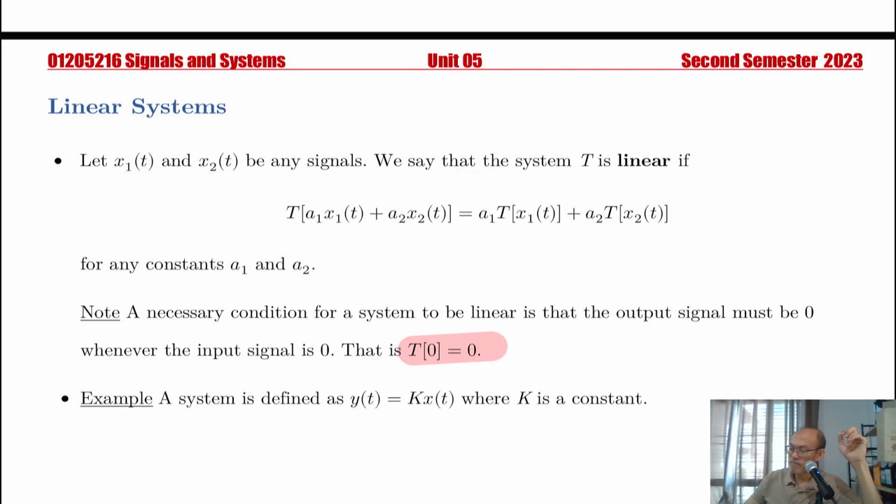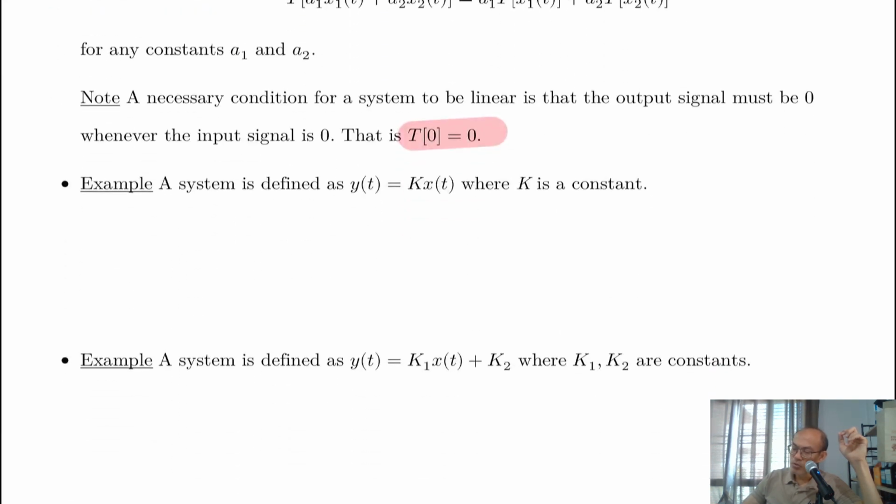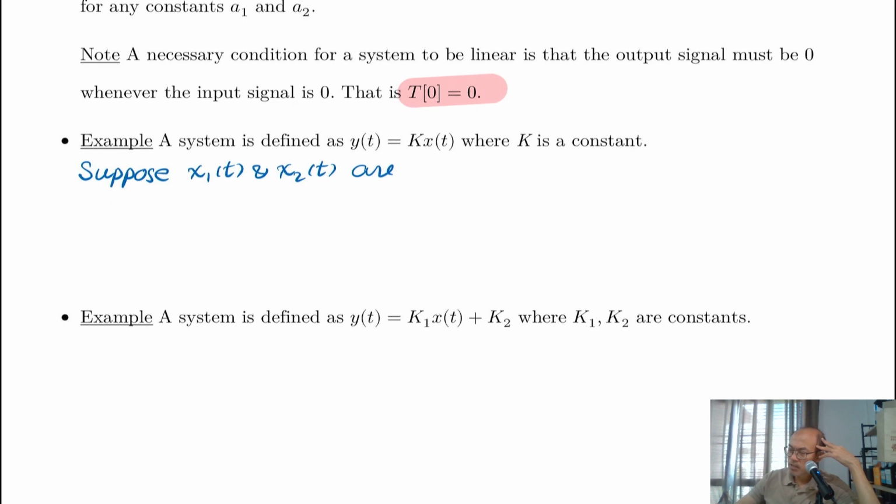If it is a linear system, then this equation has to be true. So suppose x1 and x2 are any signals,